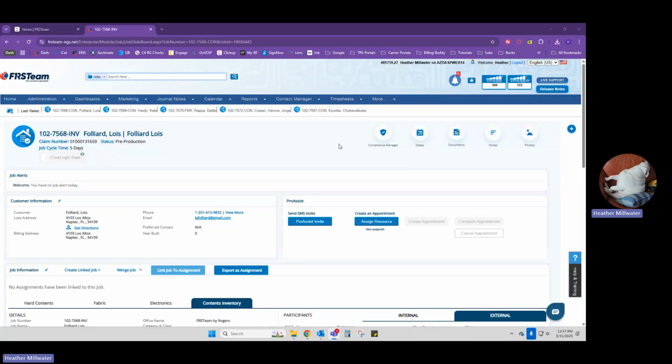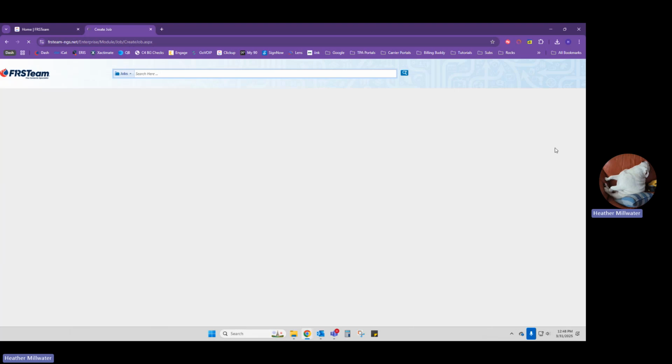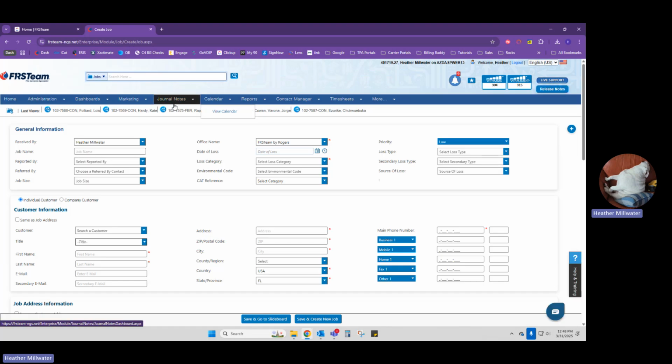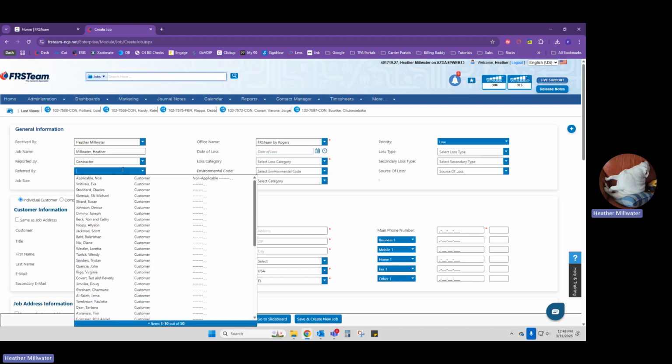All right, so first we are going to come over here and click this little plus icon, go to job, and I'll just enter it as if I'm the customer. So job name is last name, first name, and then reported by is going to depend on what the referral type is, whether it's a contractor or an adjuster, which is non-program, or like a TPA. We'll say contractor, and then in referred by,